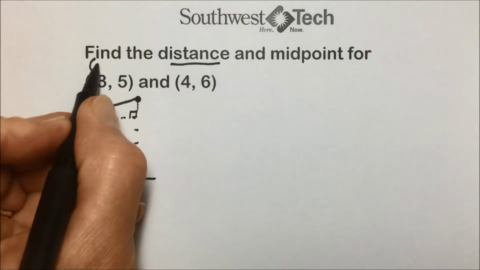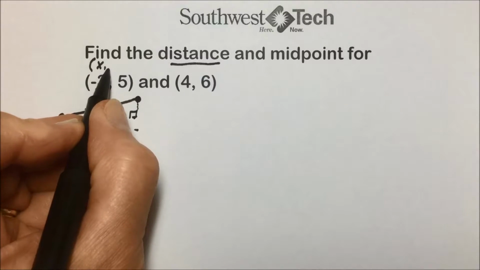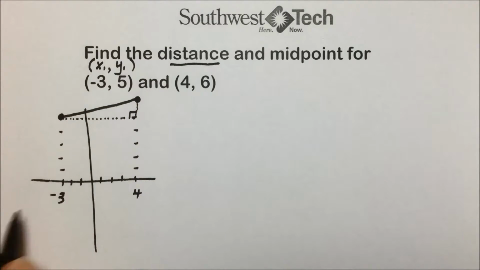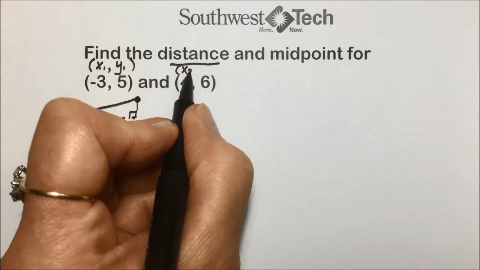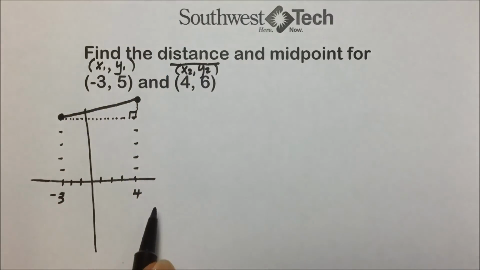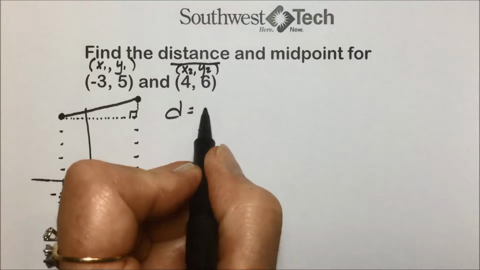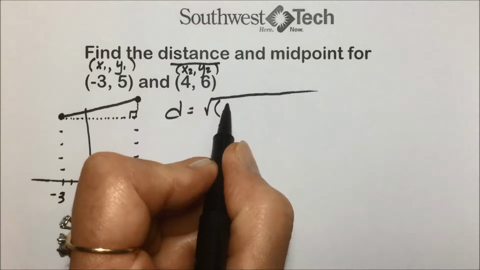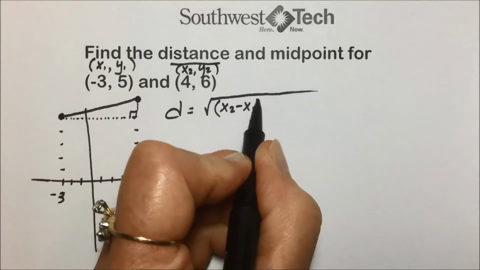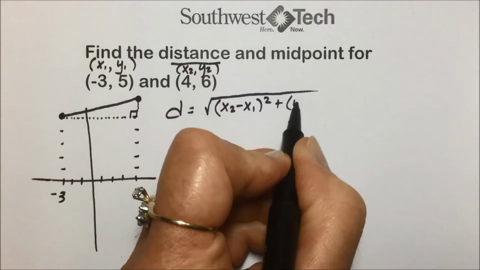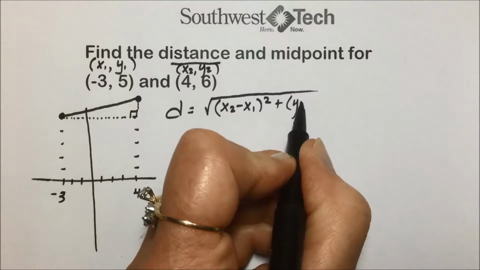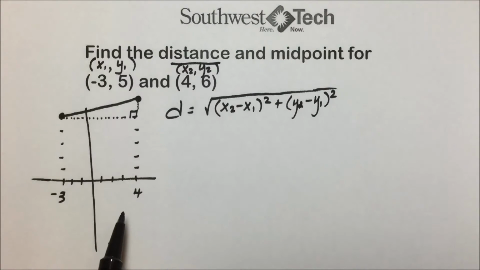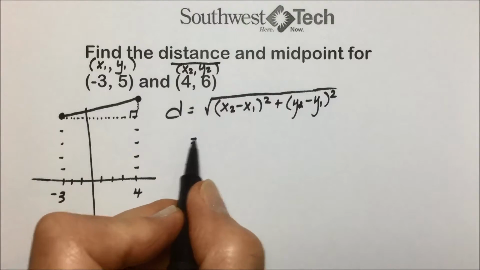Furthermore, just for reference, and it doesn't matter, I'm going to call this first point x1, y1, and the second point x2, y2. Using the distance formula then, which was given as the square root of x2 minus x1 quantity squared plus y2 minus y1 squared, and taking the square root of that result. Plugging in the values,